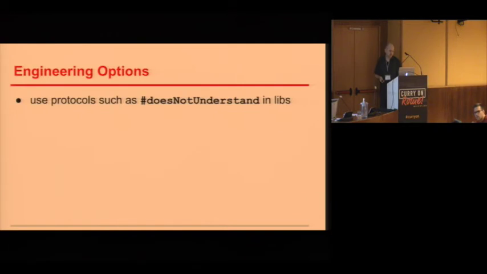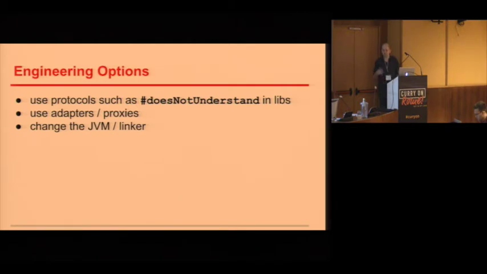We initially considered a couple of different options to tackle this problem. I think if we had protocols like doesNotUnderstand, then that would be a viable route to implement this. Other possible approaches would include the use of adapters or proxies, which all have certain disadvantages in terms of performance overhead, and proxies maybe have to be deployed and generated. We could also, of course, change the entire JVM, take a research JVM and try to re-implement the linker, which is, of course, very invasive and very complex to do.